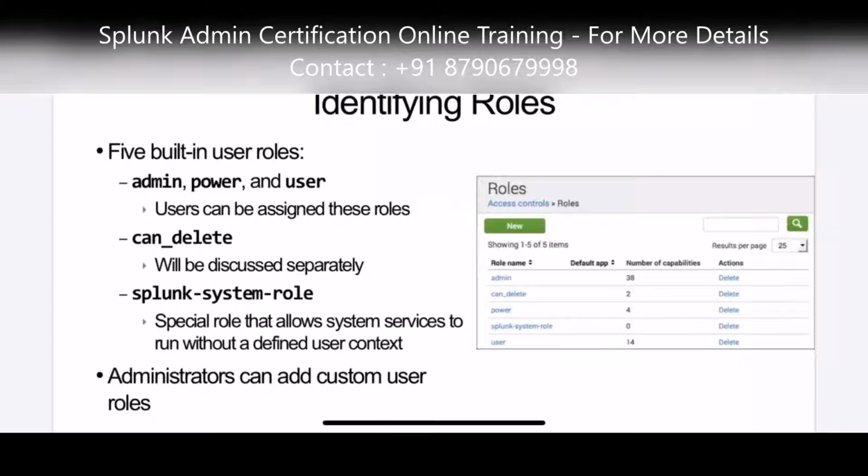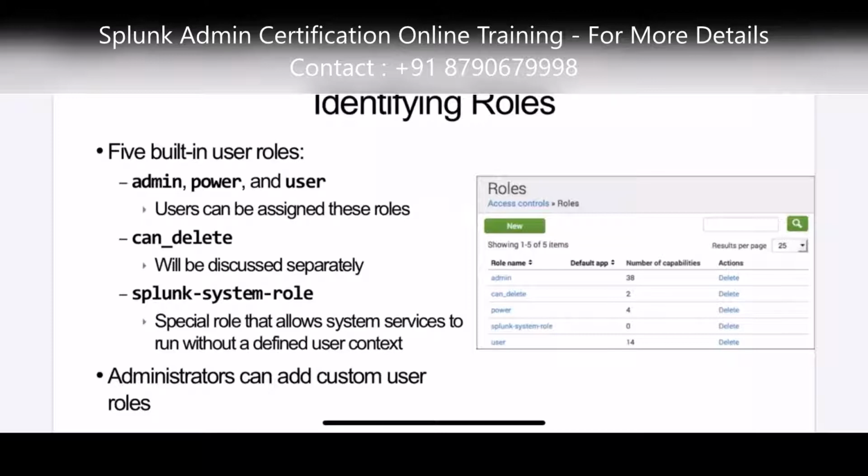We don't need to assign anything for the Splunk system role. It comes by default.